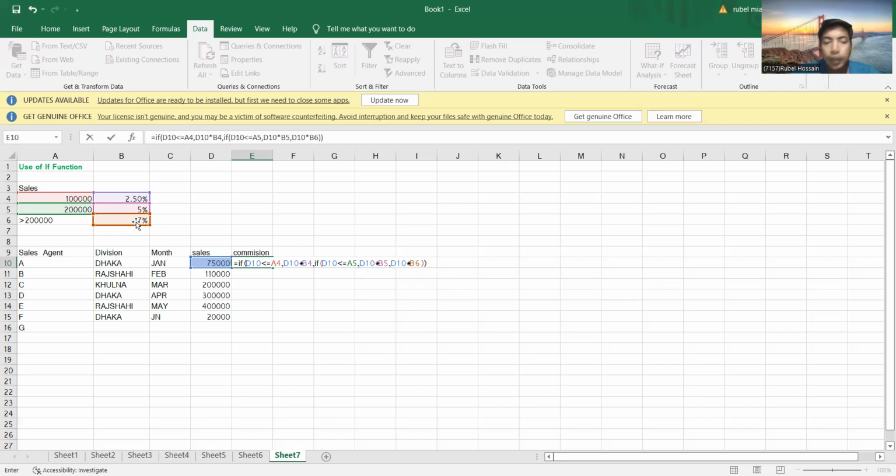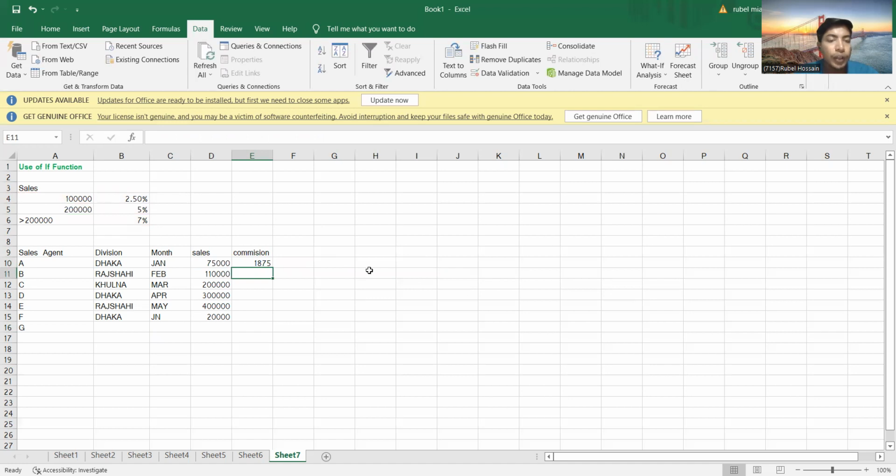This will be a double bracket, then click on enter,